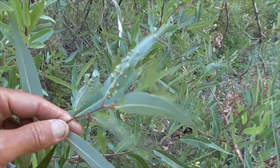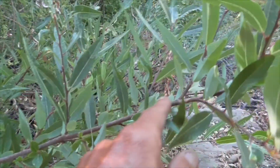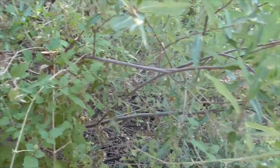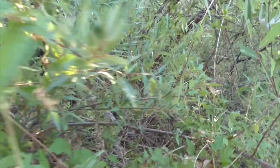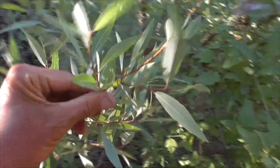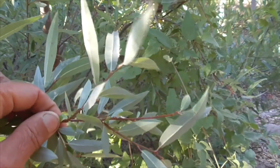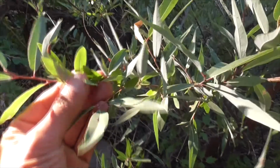This guy's got a little fungus on him. And he's kind of got purplish new growth. You see here? And inside, he's got really super stemmy, lighter colors. He's a Salix lasiolepis. Comes from the Salicaceae family, and that's where you get salicylic acid. So if you got a headache or a toothache, you can chew on these leaves, and it helps reduce the